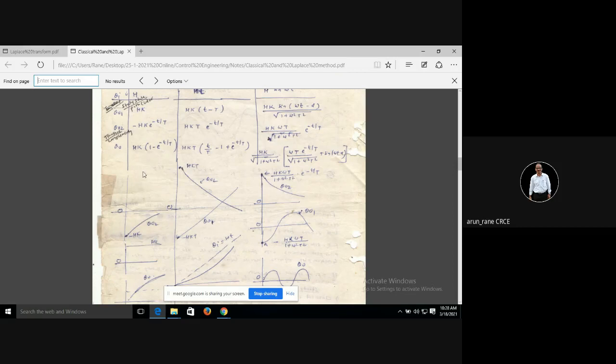And then as you change t, this being an exponential graph, it will be in this direction, e raised to minus t upon T, and you go on substituting values, t is equal to 1, t is equal to 2, so this graph will be like this. Okay, so this is your transient response and this is your steady state response.